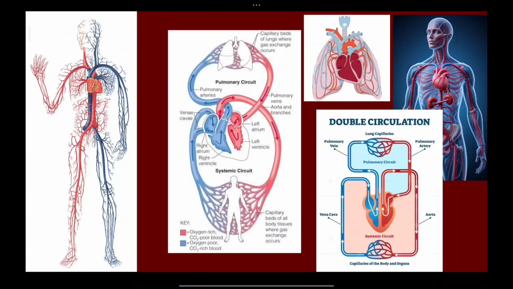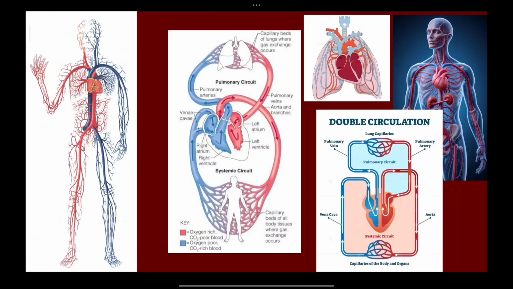Whereas the pulmonary circulation, as the name says, pulmonary meaning lungs, involves the circulation between the heart and the lungs. Here the deoxygenated blood is carried to the lungs. The lungs filter out the carbon dioxide and give oxygen to the blood. The oxygen-rich blood is then transferred into the heart again. From here, the oxygenated blood is pumped out through the aorta.